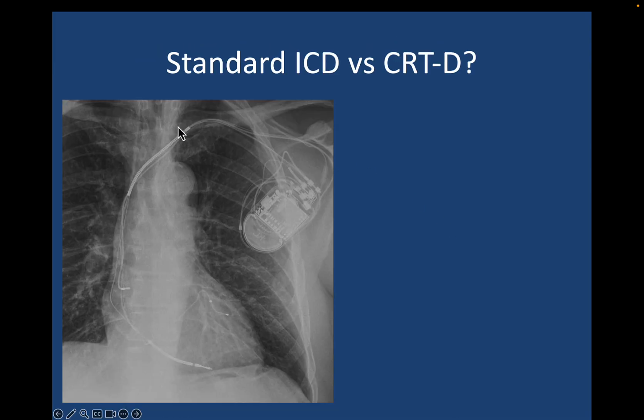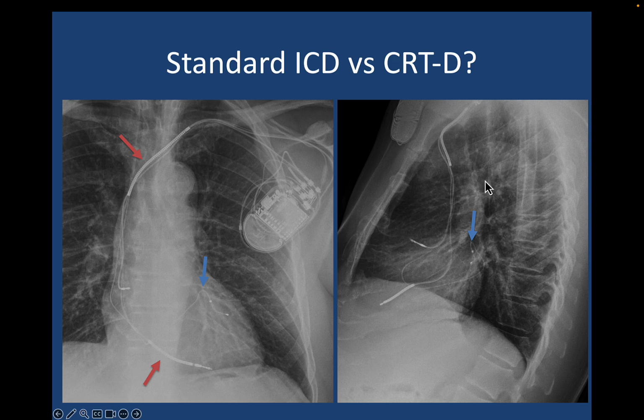Now, you can also differentiate a standard ICD from a CRT device, cardiac resynchronization therapy. This is a patient with a CRT device. You can see the shocking coils, which tells you it's an ICD. And if you look carefully, you can see the quadrupolar coronary sinus lead as well. Sometimes it's easier to see it in the lateral film. You can see that this posteriorly positioned quadrupolar coronary sinus lead, and if you think about echocardiography again, the coronary sinus is a posterior structure, and so this lead being in the back of the heart makes sense,